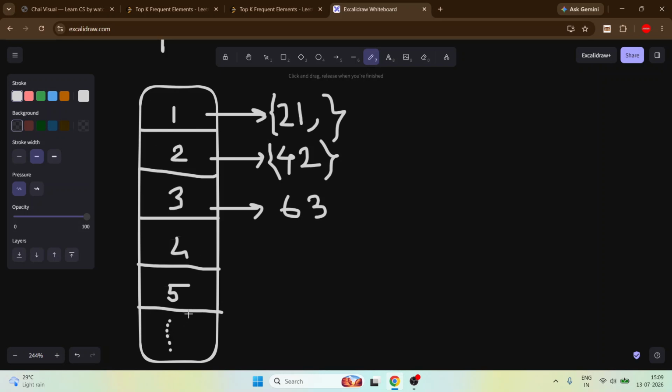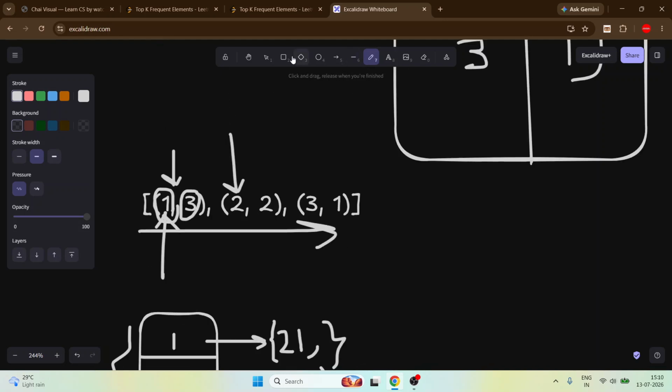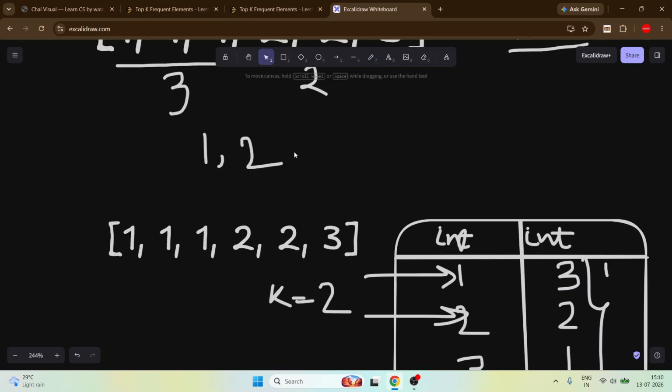Here we are taking buckets from 0 to n plus 1. Why? Because we have frequency, and the maximum frequency that we can achieve is the array size. Okay, that's why we are taking 0 to n plus 1. This is our bucket. For every element, suppose the element frequency is 1, we just put it here, 2 put it here, 3 put it here, 4 put it here. So the approach would become